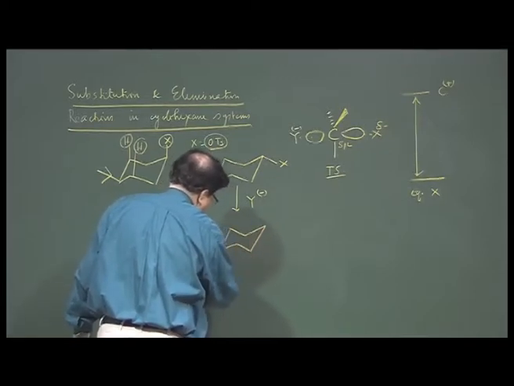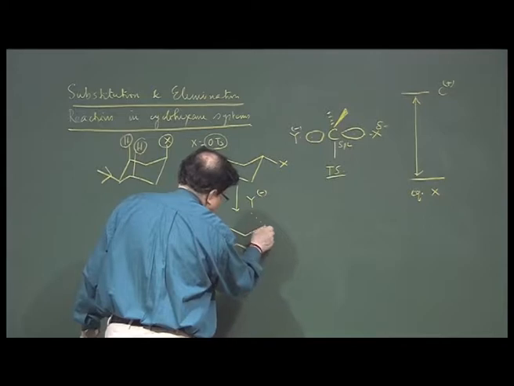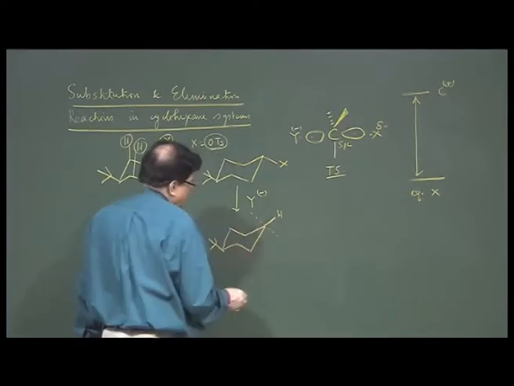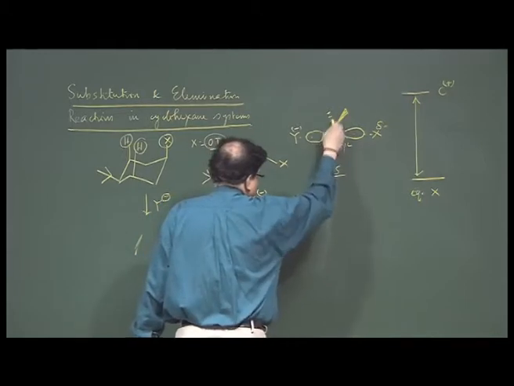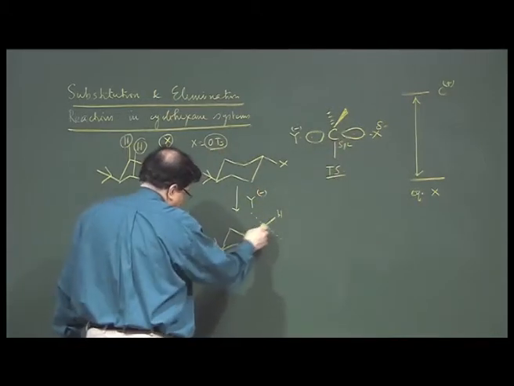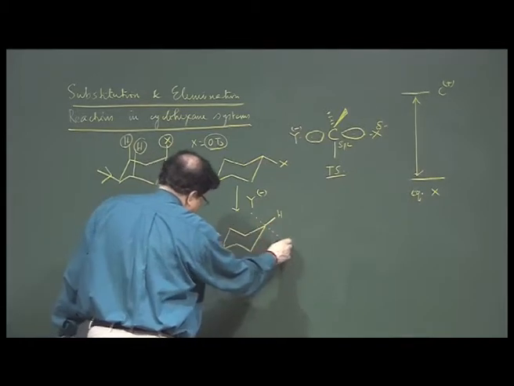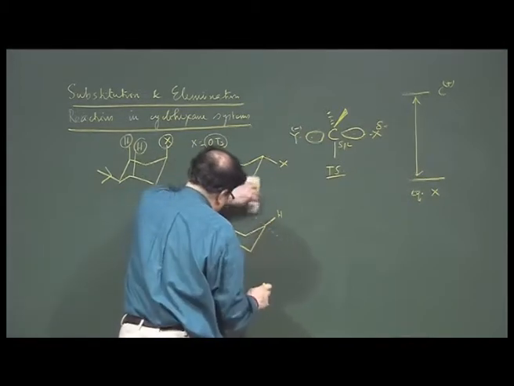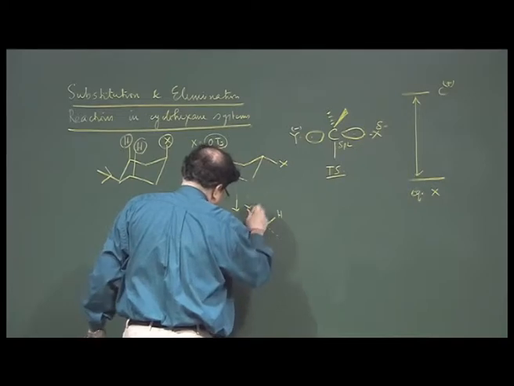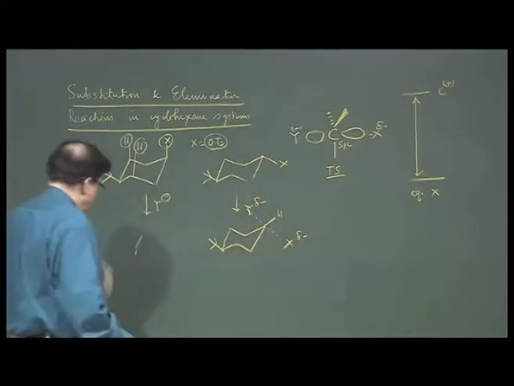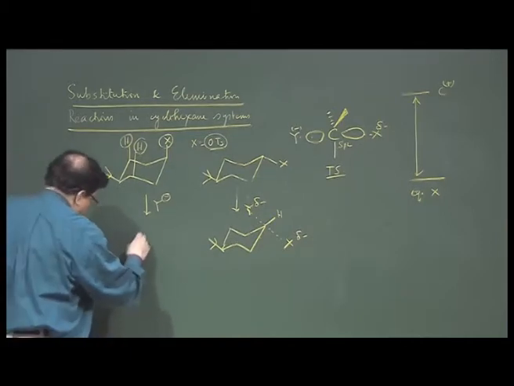So, the transition state will look like this. These 3 groups resemble these 3 bonds. So, these 3 bonds will be in the plane, and here it will be Y delta minus and here it will be X delta minus. Okay. And in this case what will happen,